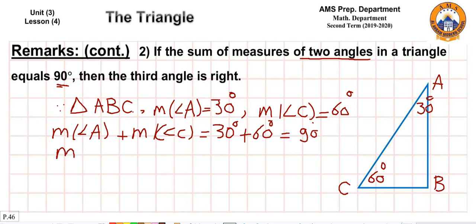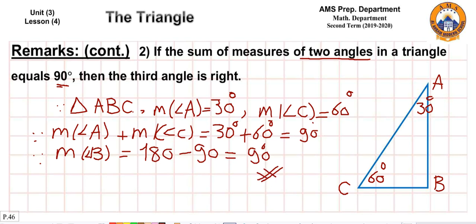Now to find the measure of angle B, you have to do 180 minus 90 and this will be 90 degree. So this is the required to prove. Measure of angle B is right angle and equal 90 degree. The next one,